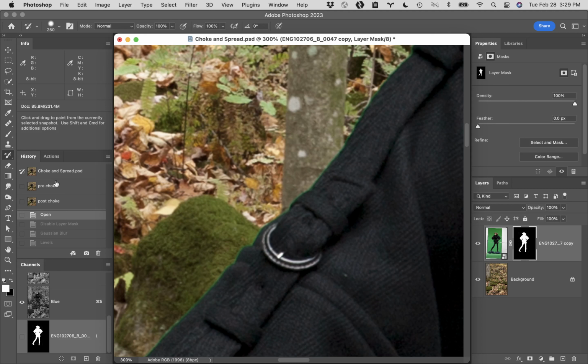You simply want to put the icon on the state that you actually want to paint with. In my case, I want to get rid of these things, so I'm going to do a post-choke. I'm going to click on the little icon space to the left. Do not pick post-choke. If you select the history state, it'll do everything, and you can actually see it. I'm going to zoom back out